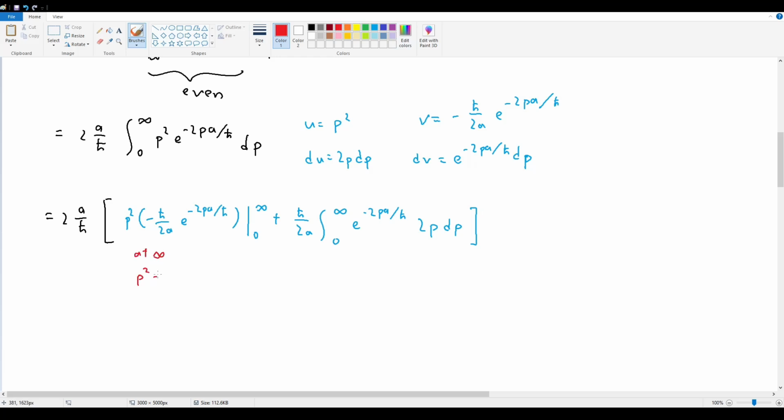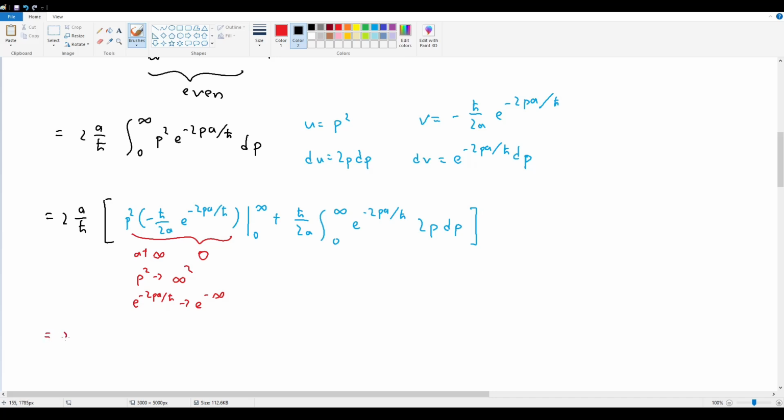p squared goes to infinity squared. E to the negative 2pa over h bar goes to e to the negative infinity. E to the negative infinity goes to 0 way faster than infinity squared goes to infinity. So because of that, the exponential term here dominates, and ultimately this expression goes to 0. So because of that, you can get rid of it and say